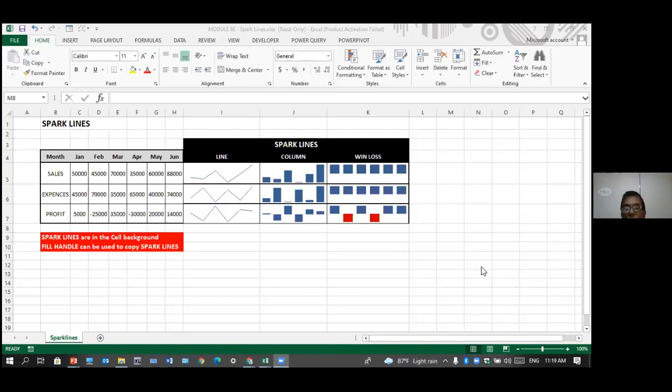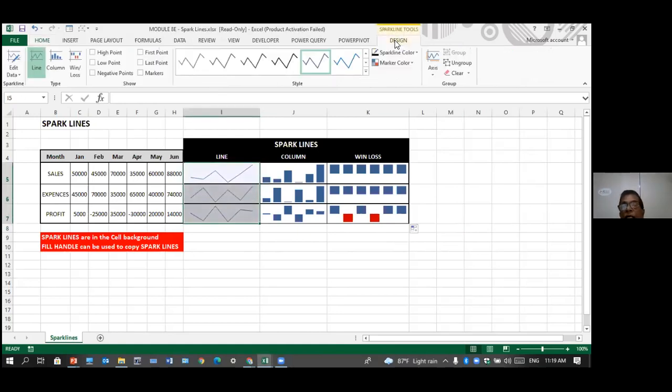Okay. Now you can see here the negative values will be red color, positive will be blue. After that, you can select these three and go to design and select the high points you want to show. There, the high points are marked with the red dot. If you want the low ones or both negative points, you can give different colors. The first point, last point, and you can put markers for every point there. So I just put the high points only and mark the colors.